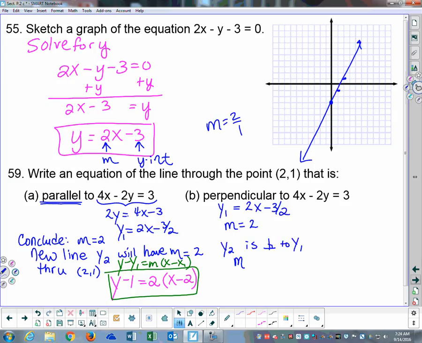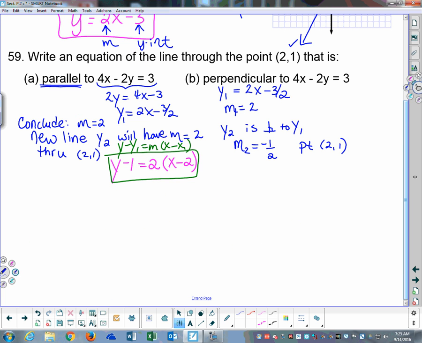Therefore, my slope of the second equation is going to be the opposite reciprocal. So this was positive 2, we're going to be negative 1 over 2. Now that I have the slope and I know the point that it goes through is 2, 1 based on the given information there,